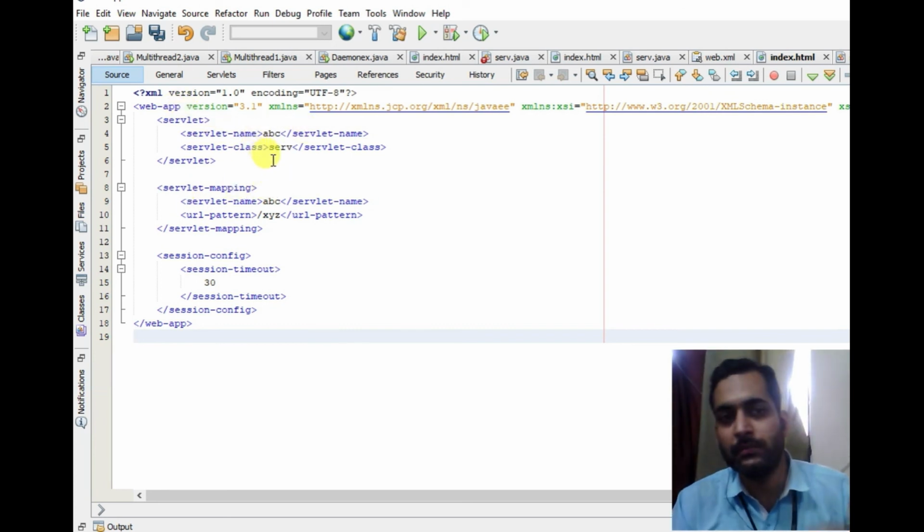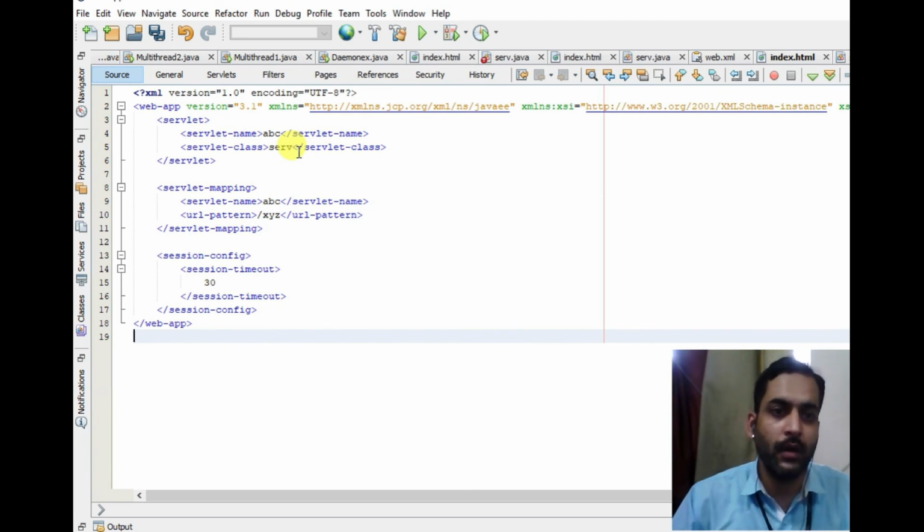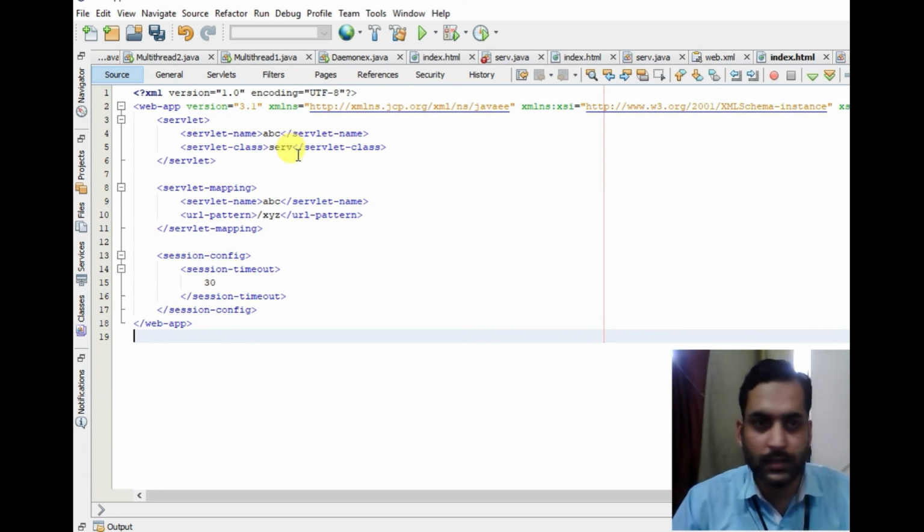We are calling the servlet by the name xyz, and it will invoke the servlet. So this is how the mapping is done in the web container. So this is all for now.